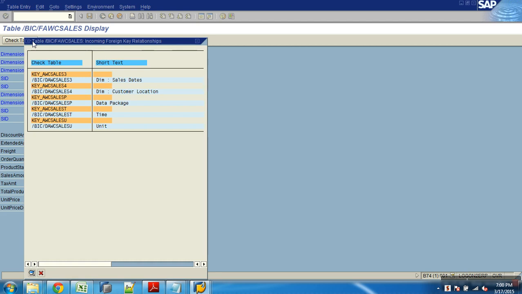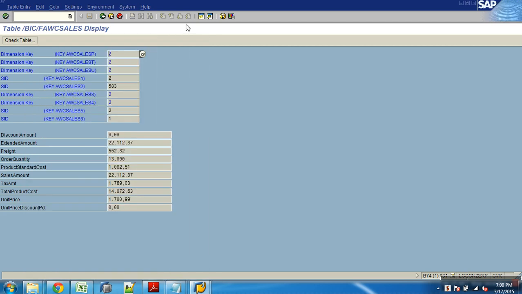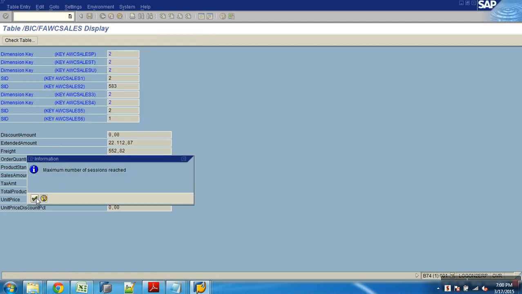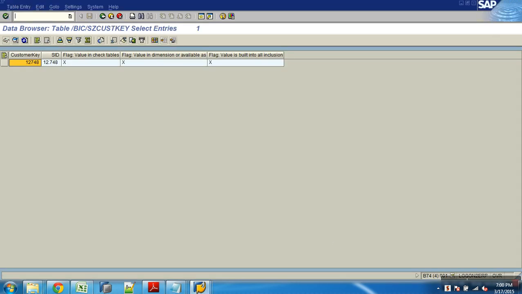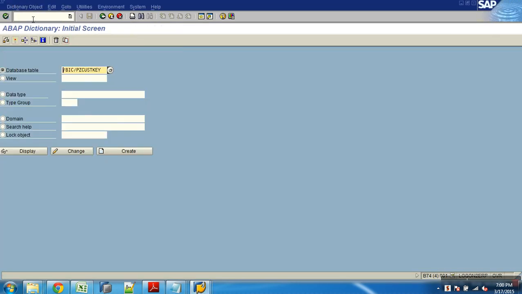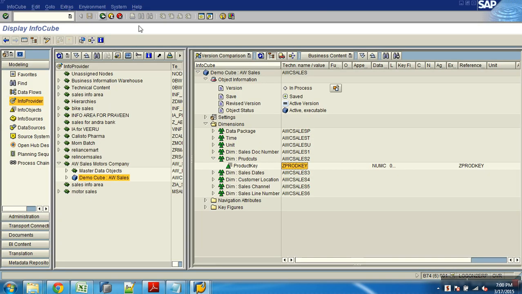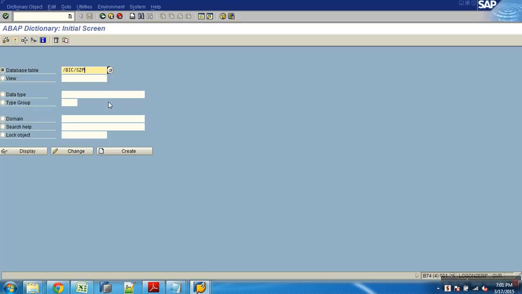So what I'll do, I'll have to open, sorry, my access is weak. I'll open straight away the SID table of product, S Z prod. What is it? Prod key. Yeah. Prod key.